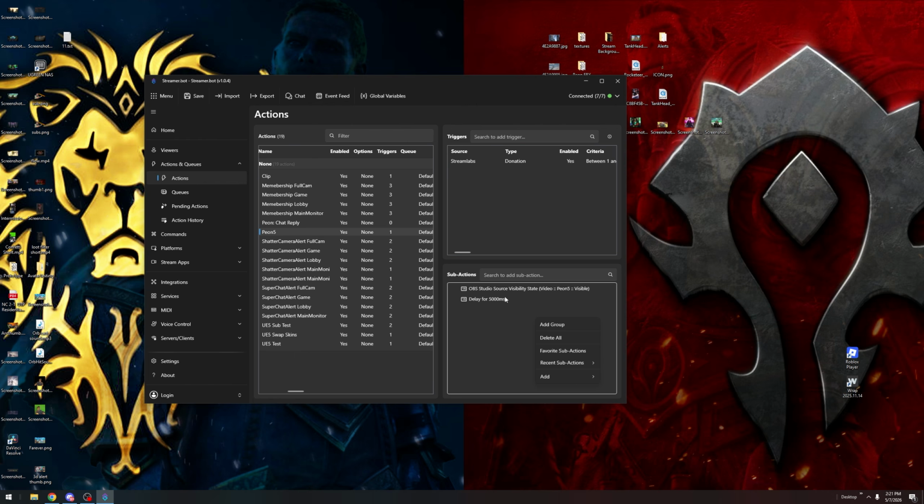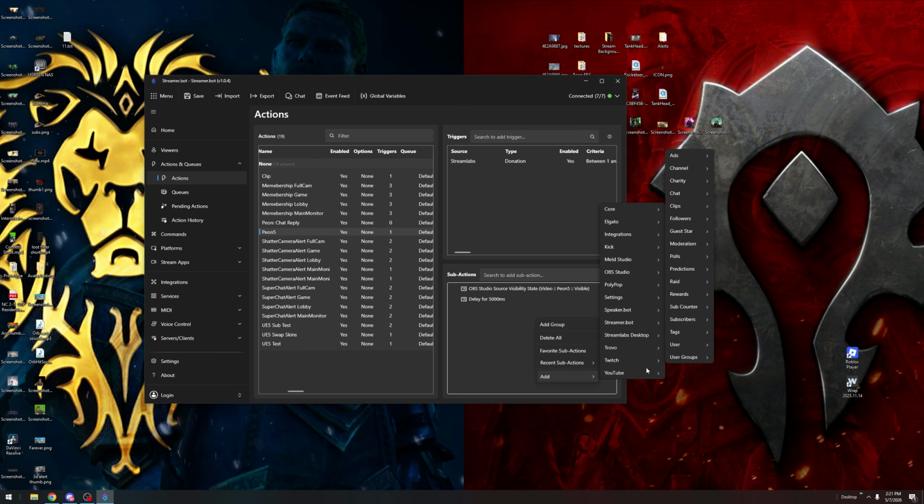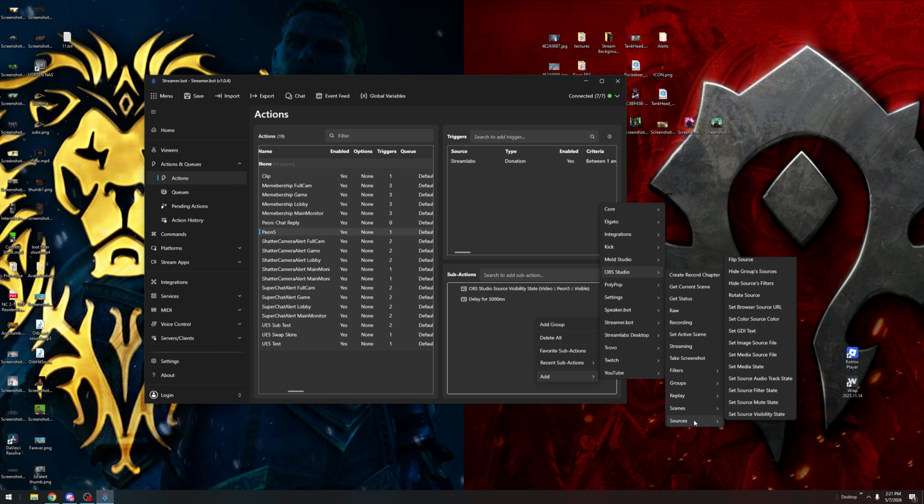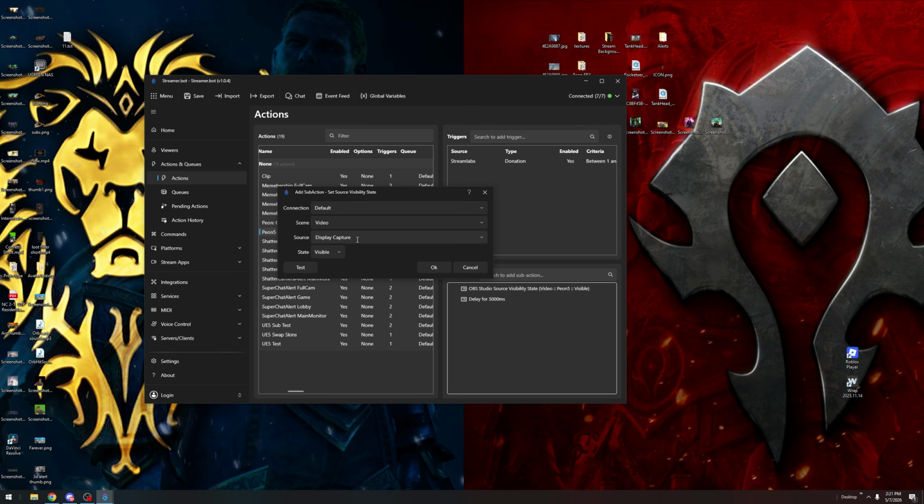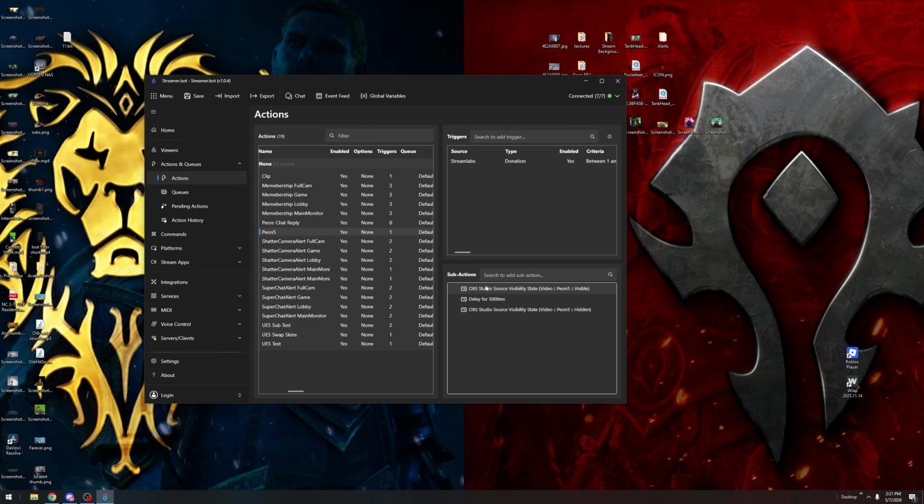And then after that's done, I actually want this source visibility state to go back to invisible, or not visible. So OBS, sources, set visibility state again, and this time it's going to be the same. I want it to be the Peon 5, and I want it to be hidden, okay? So now when somebody triggers it by donating $1 to $5, it's going to become visible, and after a 5-second delay, it'll become invisible again, which should be enough time for the entire